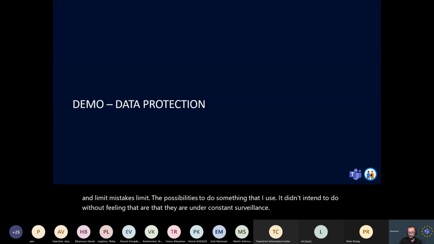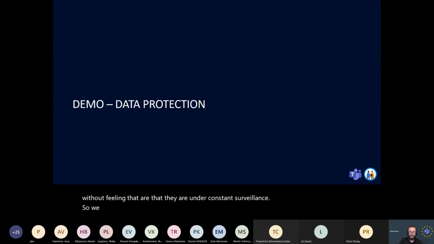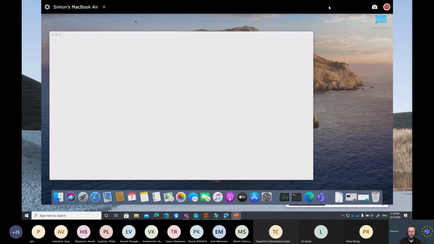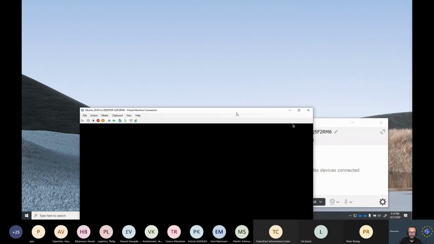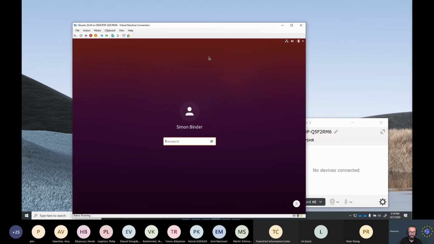So we will start by using an iPad form, or we will continue with the Linux one actually. So we'll disconnect that and head into my Ubuntu machine.